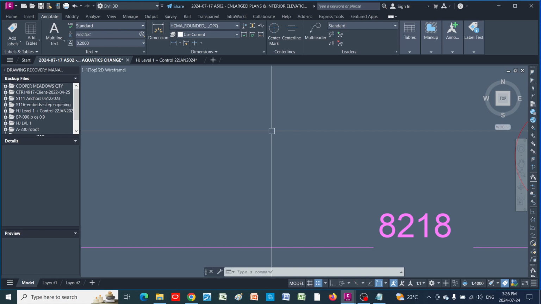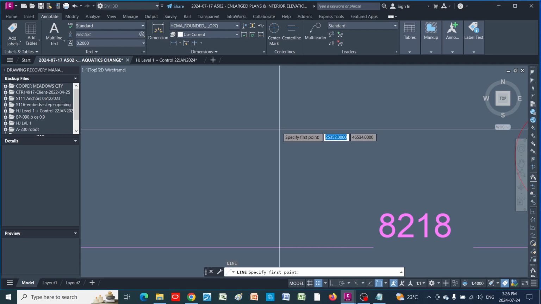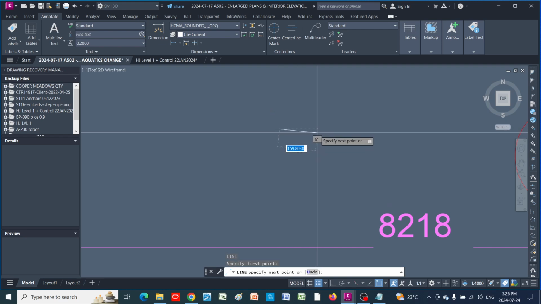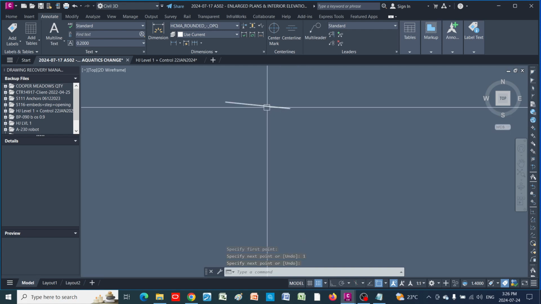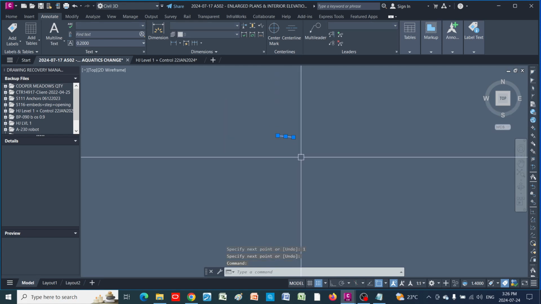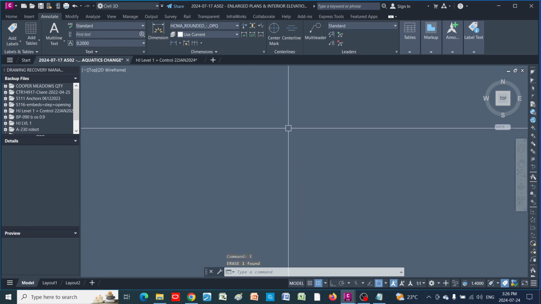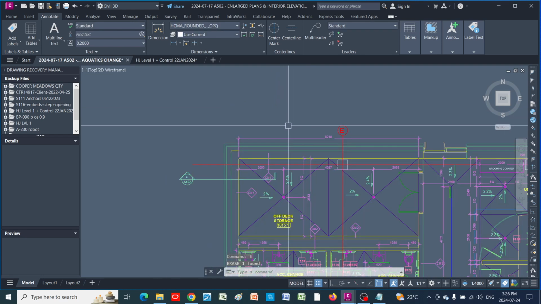So if I type in L for line, click a starting point, and type in 1 for the length, that's 1 unit. This will be 1 millimeter in scale, okay? But I still need to verify it.